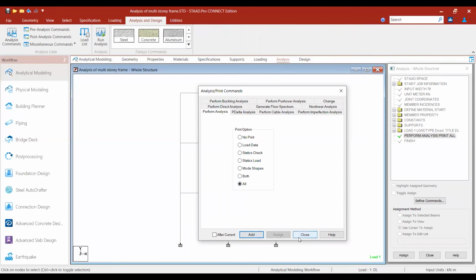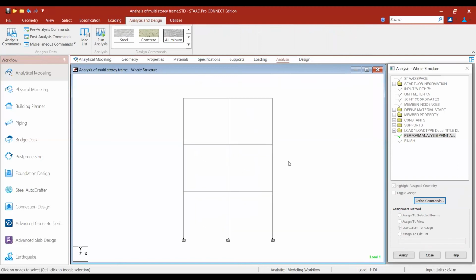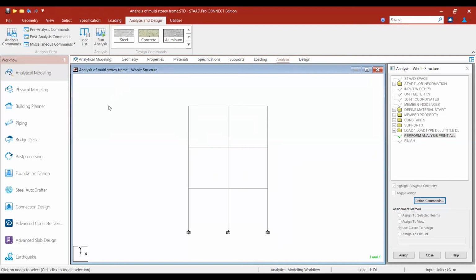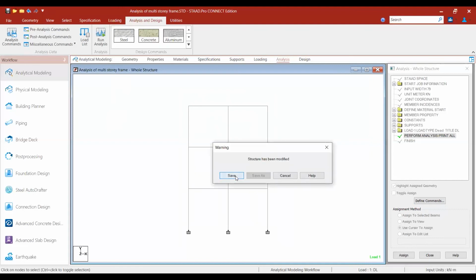So the analysis is completed. Next, you have to run this program. You have given all the commands, so you run it. We have run this program.